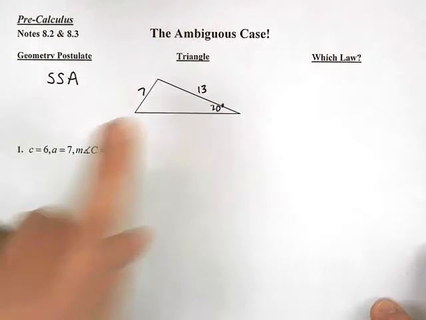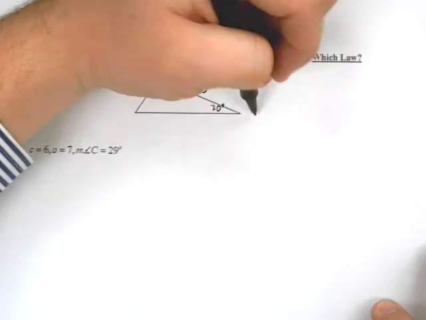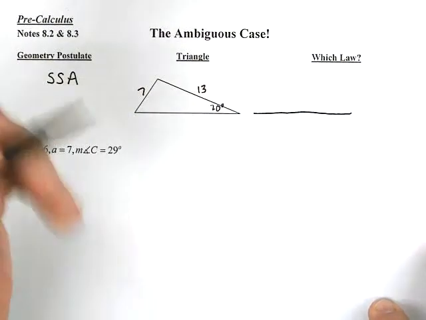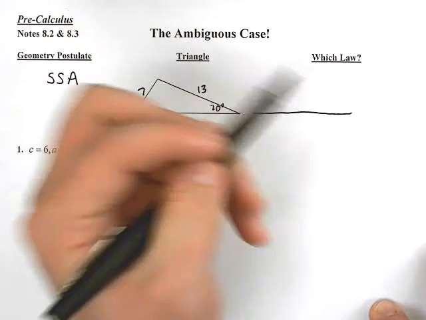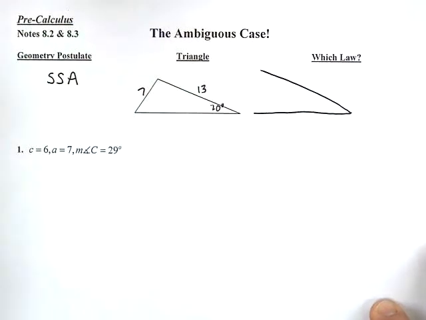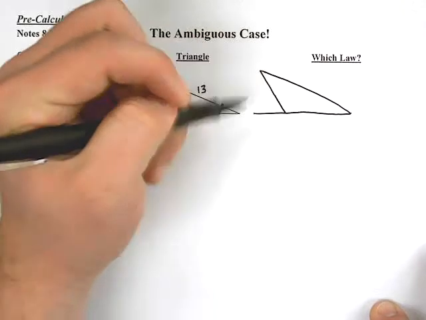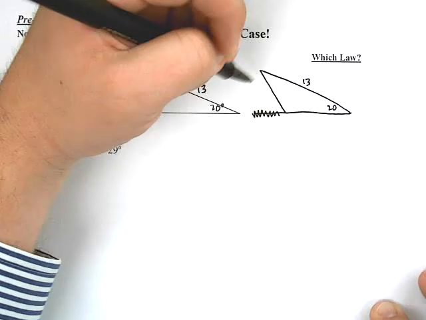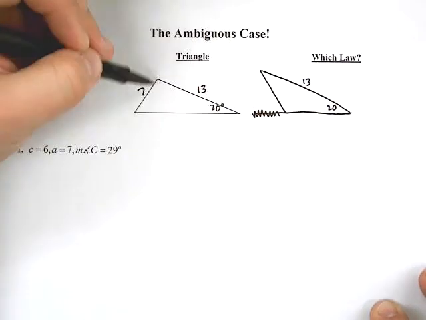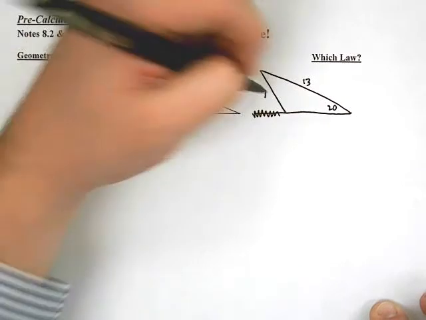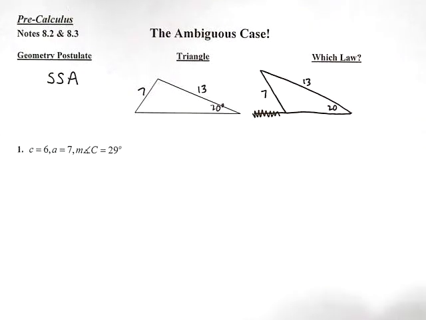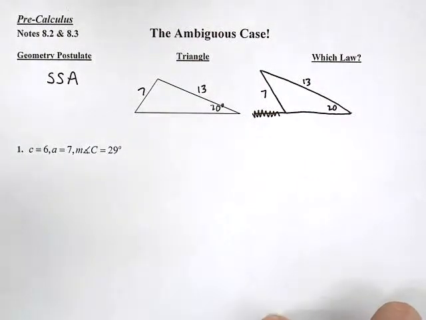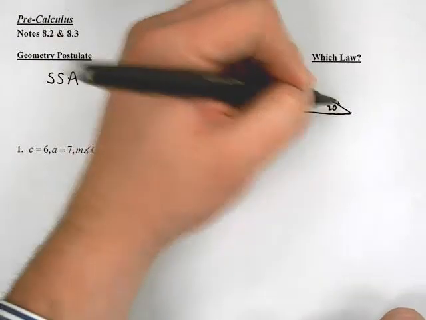Like this is one option, but I could also draw another. Oh, actually, let me do this instead. I realized that I didn't do this right. Sorry, guys. So actually, I would do something like that. So forget about that. All right, so here's 20 degrees. 13, but now look at what happened with the 7. Instead of it angling out, it angled in. All right? So the idea here is that there are multiple triangles that you can draw that have, again, the 20-degree angle with the 13 and the 7,